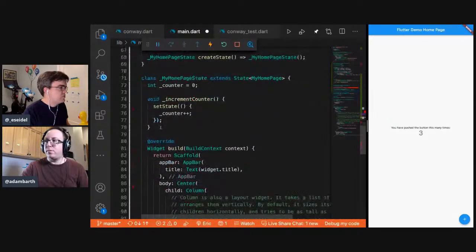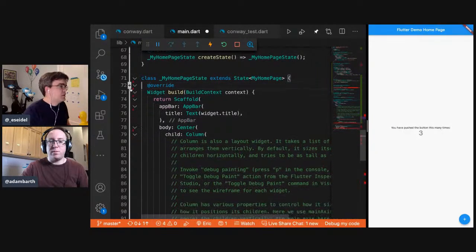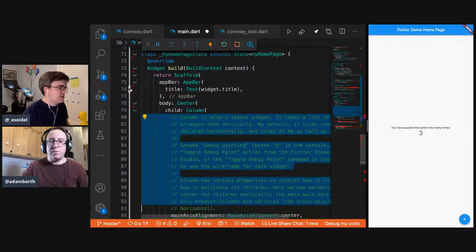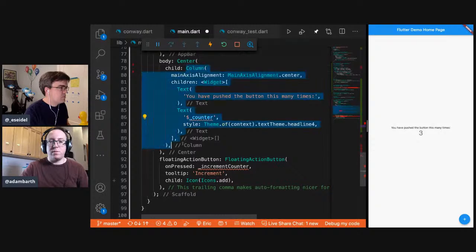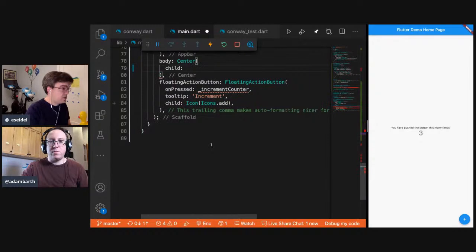Okay, so we can remove our counter stuff. And I had started removing comments, I didn't quite get through. I wonder if there's some helper thing to remove a subtree. But I want to get to here. And then I want Conway world, right?